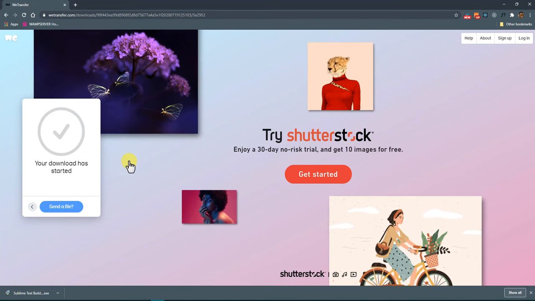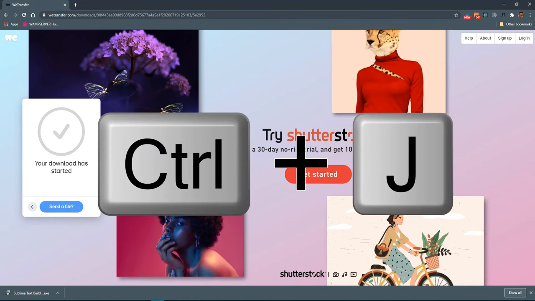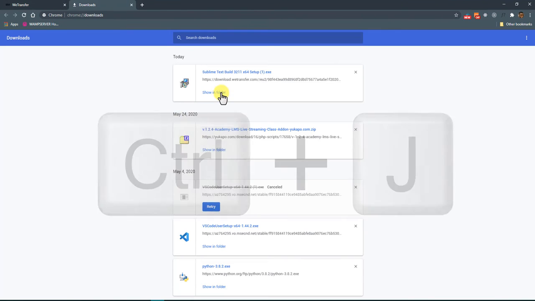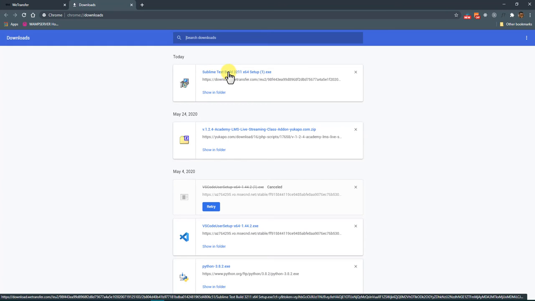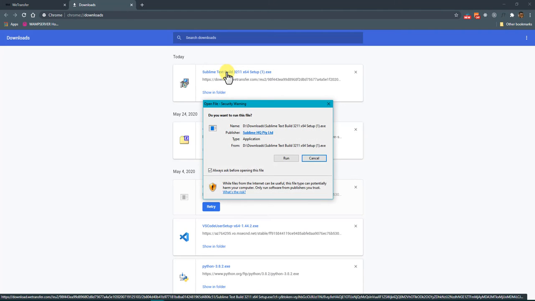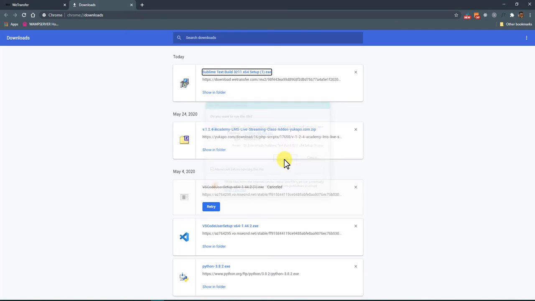Okay, so when that's done, you need to press these two keys, Ctrl and J together. It's going to bring out the list of all your downloads. So the very top one is going to be the Sublime text you just downloaded. So all you need to do is you click on it. A window is going to pop up, so just click on run, and then it's going to open up the